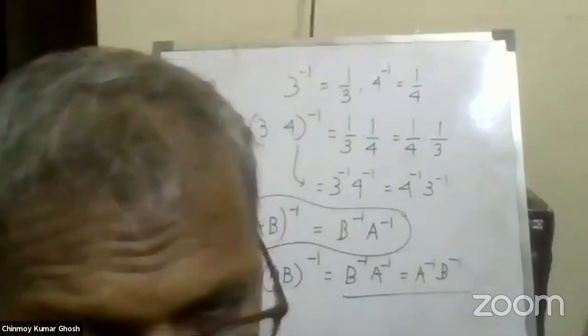Yes, Professor Samanta was telling something. Actually, this situation has been amply explained in a rhyme. You see, Humpty Dumpty sat on a wall. Humpty Dumpty had a great fall. All the king's horses and all the king's men could not put Humpty Dumpty together again. These two things are not commutative.